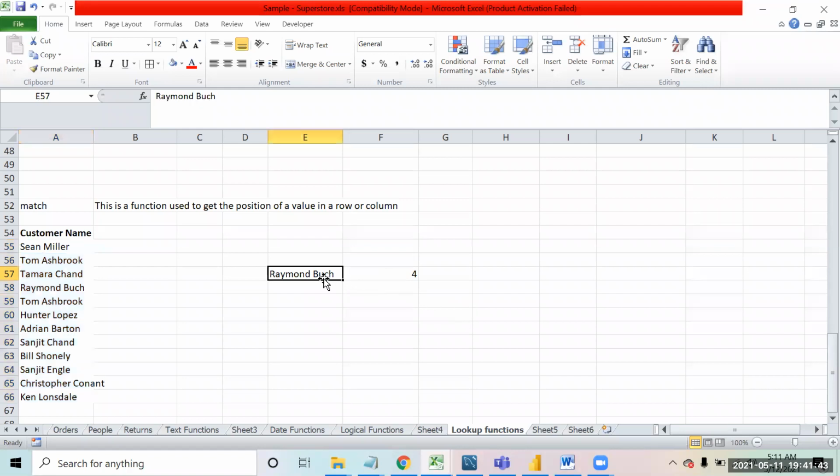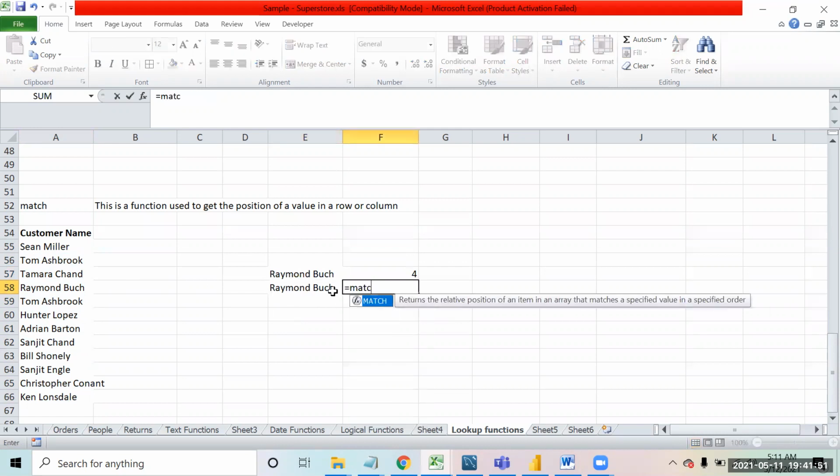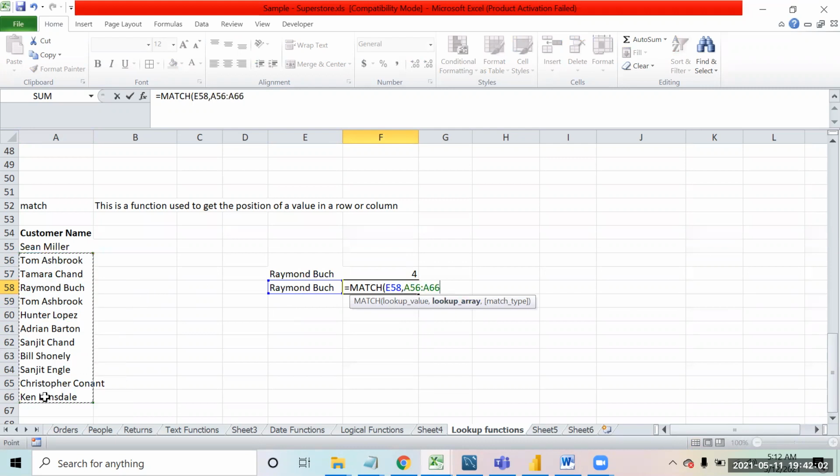The position that you get will totally depend on how you have selected that range. For example, for the same name I say equal to match, I want to find this value, comma, lookup array. Lookup array means the location in which you want to find it. If you select from here, one, two, three, the position of Raymond Bush becomes 3, comma 0, that means exact match.